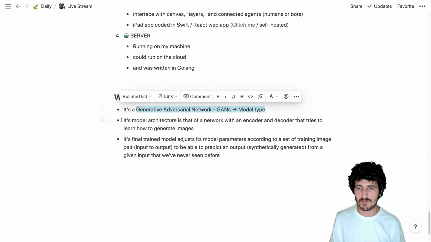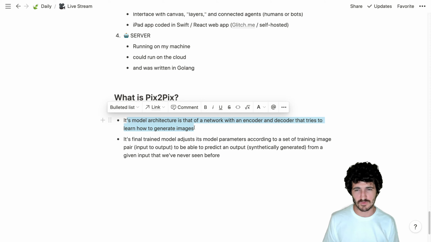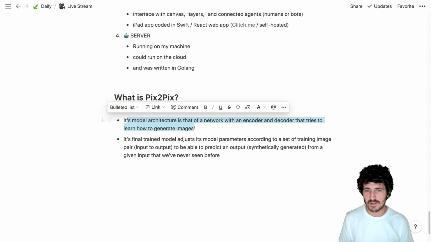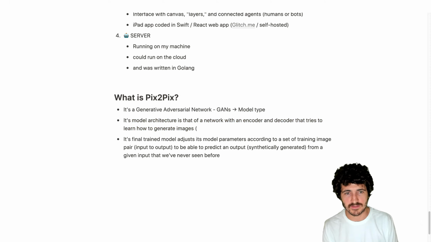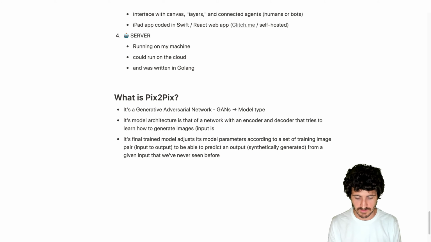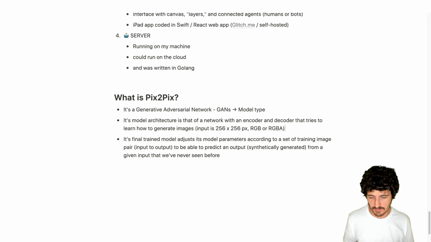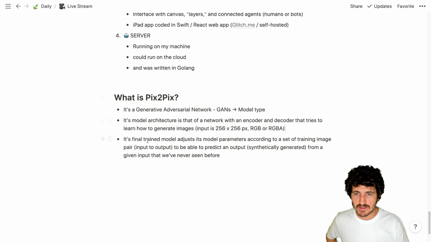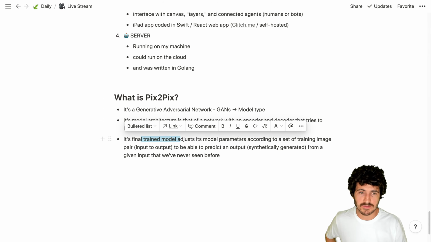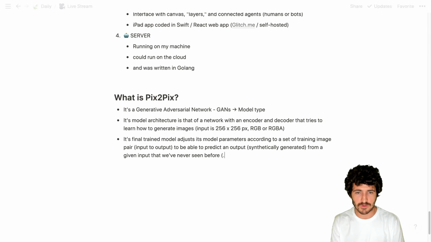So for the model type and the model architecture, I think we will have to define them a bit better, but we could say things like the input is 256 by 256 pixels, and images are RGB or RGBA depending on the model. That's the model architecture, the specificities of that model. And the final trained model adjusts the model parameters, and for example here is